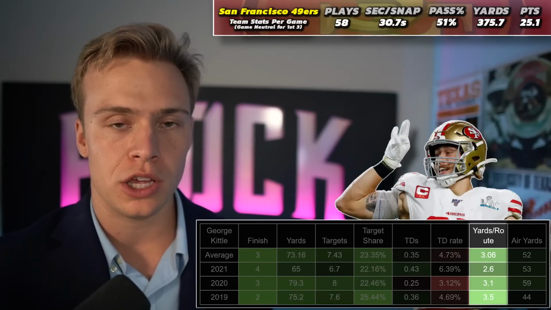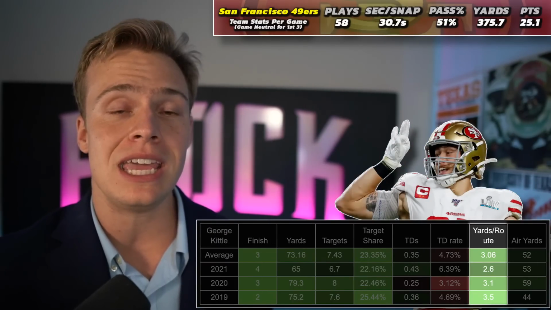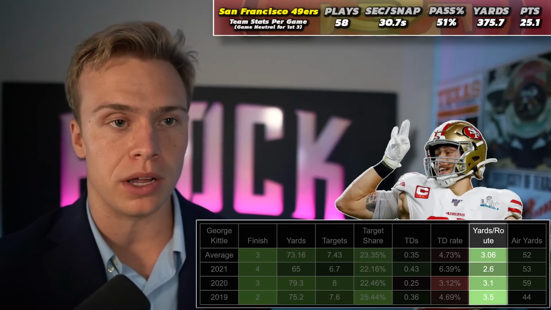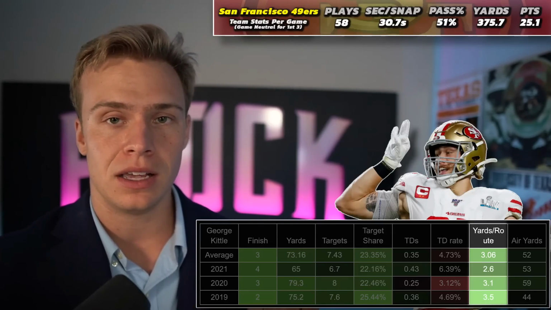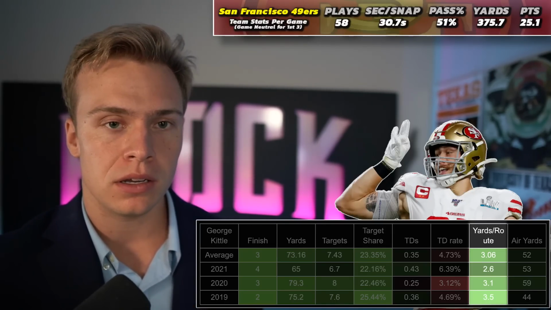And if you were to see this team go out there and with Lance feel like they're more confident overall, maybe this unlocks that hidden elite ceiling from George Kittle, who has been the best player in the NFL with his yards per route run over the past 3 years. The best player in the NFL, not the best tight end. If you're looking at yards per route run, George Kittle's the number 1 guy overall.